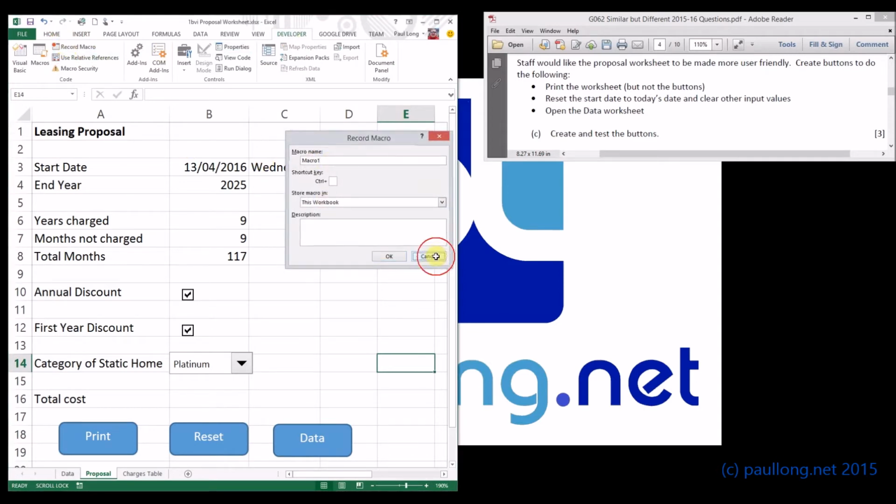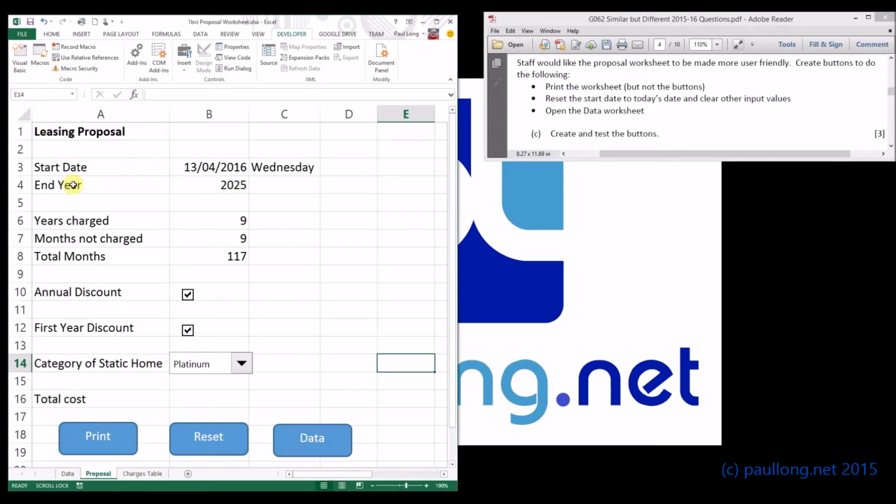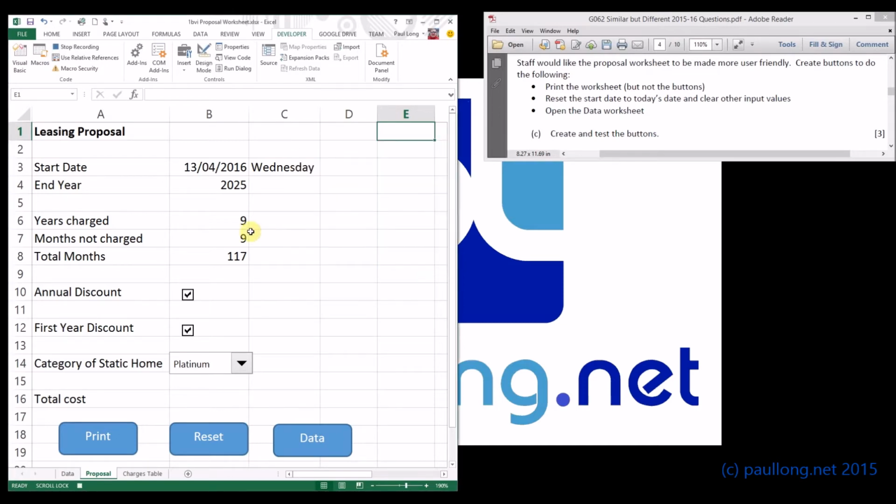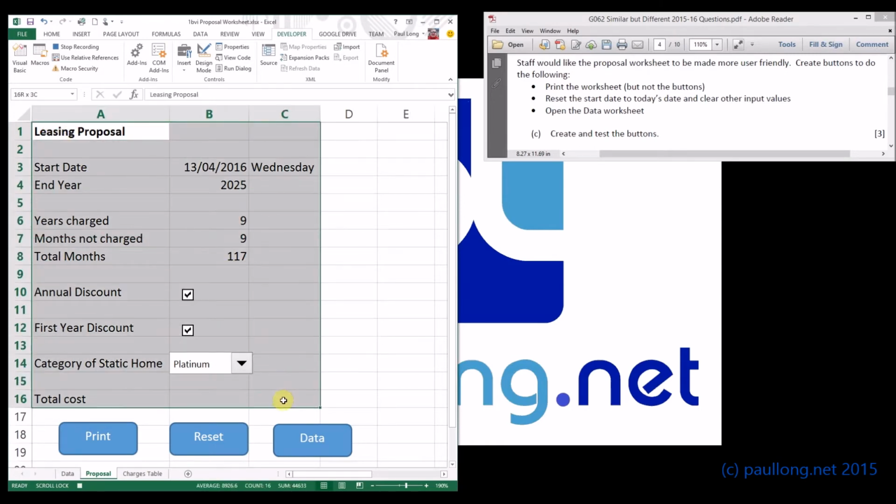Now before we do this, we just need to make sure that we're in a state that we can start. We're asked to print the worksheet but not the buttons. So I'm just going to make sure that I've got a cell selected somewhere, it doesn't really matter where, and we'll go to record macro and I'm going to call this print worksheet and we'll click on OK. Now we've got to say first of all which part of the worksheet are we going to print. So if I highlight this, that is the part that we want printing,